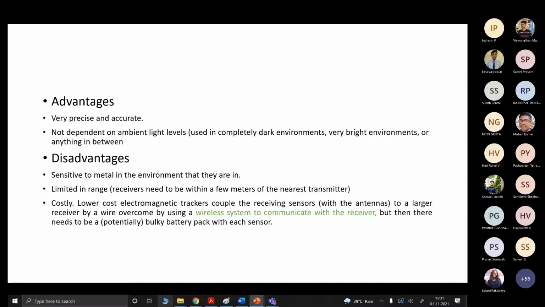To overcome it, we can go for a wireless system, but when we go wireless, the wires are reduced, but again the drawback is that it requires a huge battery pack with each sensor. That is another limitation of electromagnetic tracking.